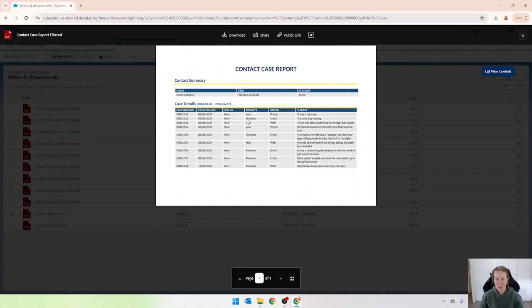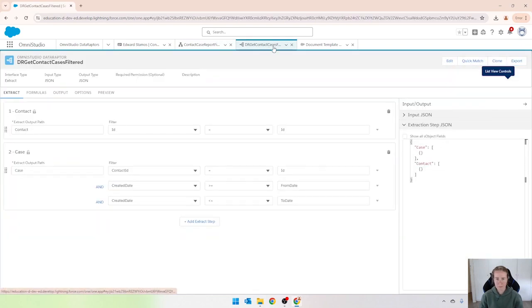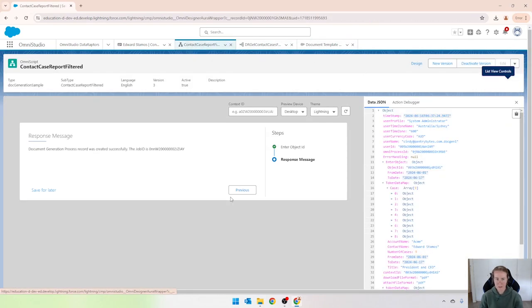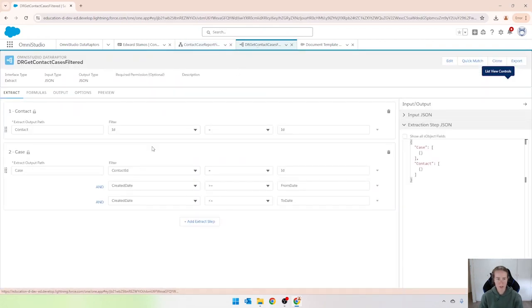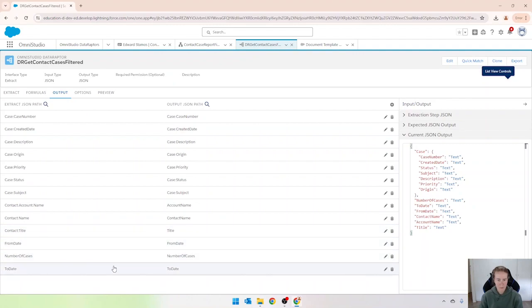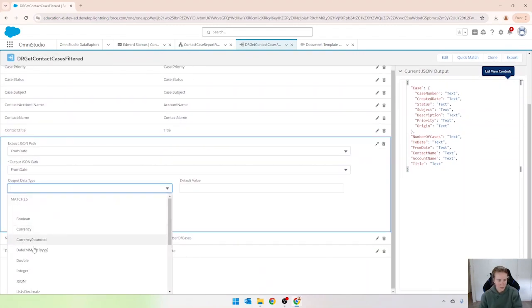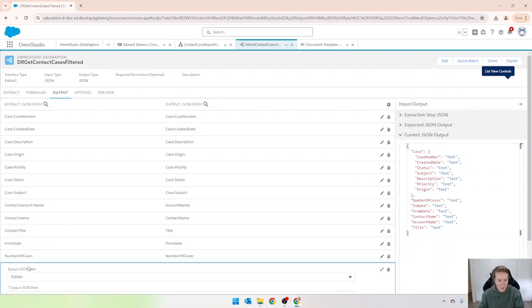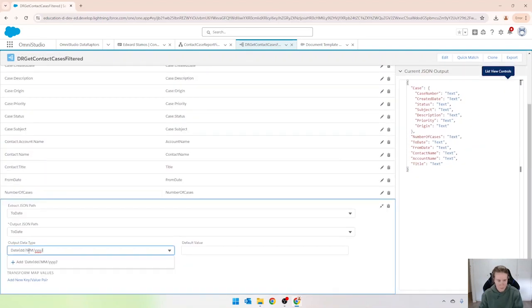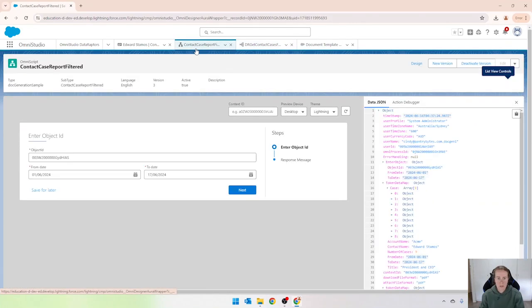So let's do another preview, and this time I'm going to do around December last year. So coming back in and go back. And what I'm going to do as well before I do that is just in my output here, fix those from dates and to dates. So we're going to just quickly change this. And the to date as well. Okay, and now let's